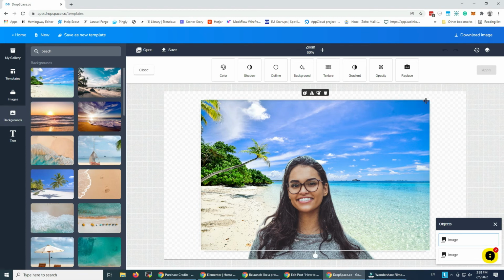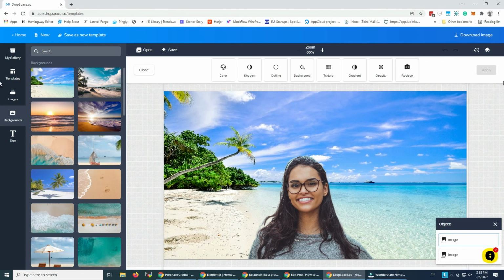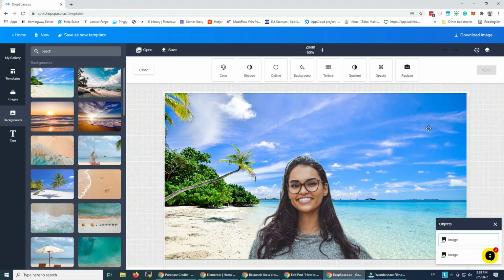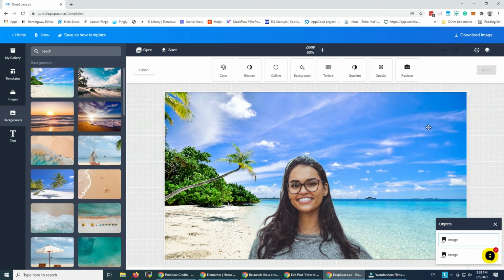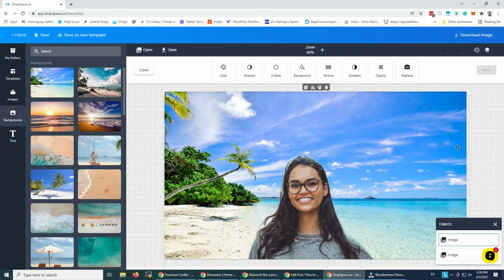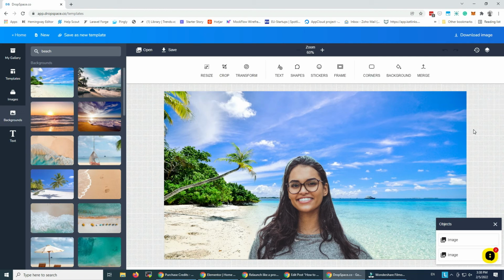What do I do now? Because I want it to look good, I'm gonna resize it a bit to fill the entire screen. Maybe take it a bit like this for the perspective to look even better. And that's about it. What I can do now is just download it from here,